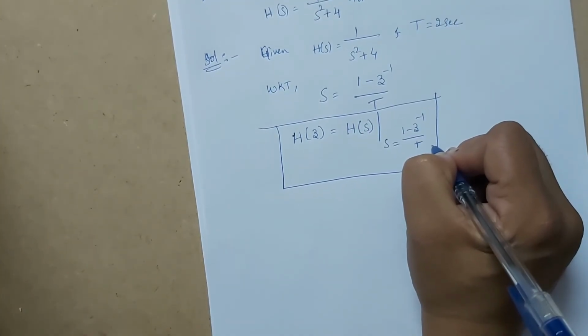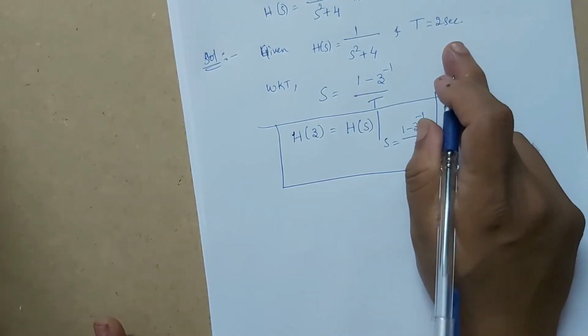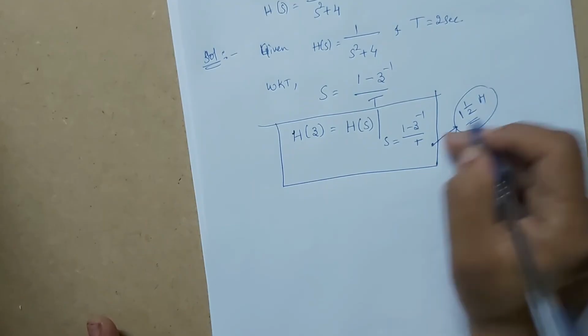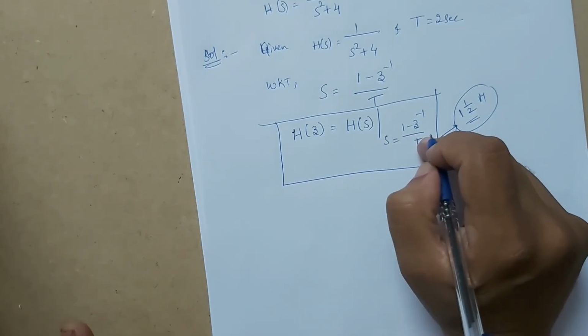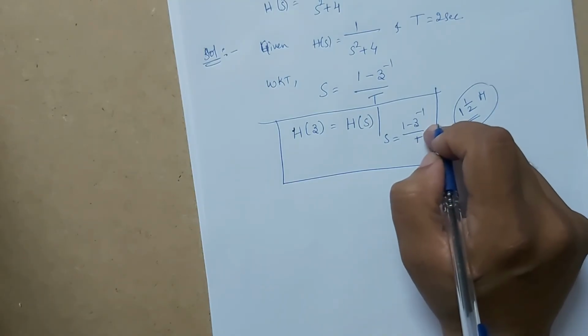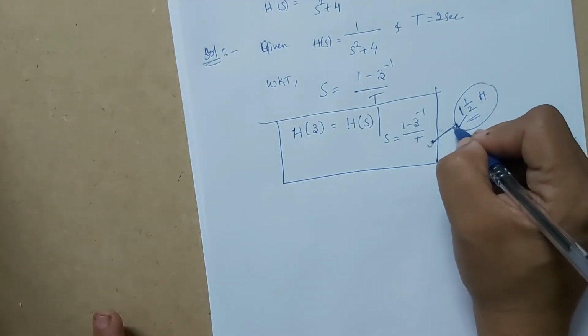If you highlight this in your answer, definitely, if the question is asked for 5 marks, 1.5 marks will be allotted here if you represent this. That means the person who is correcting your paper will have an idea that this person has the knowledge. So definitely 1.5 marks will be allotted to this representation.